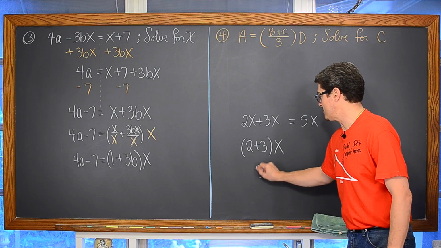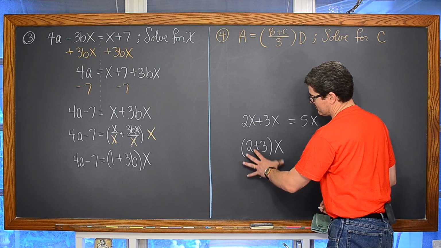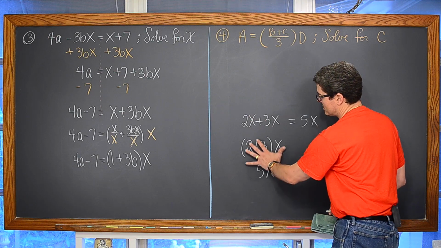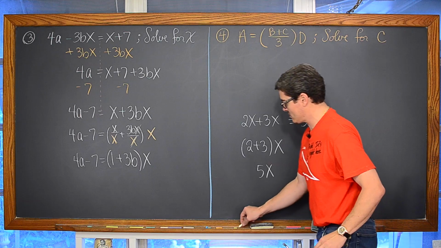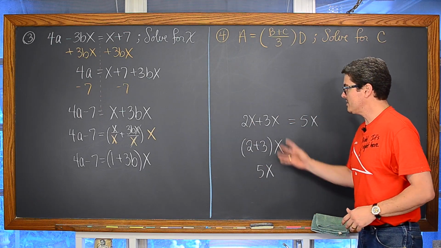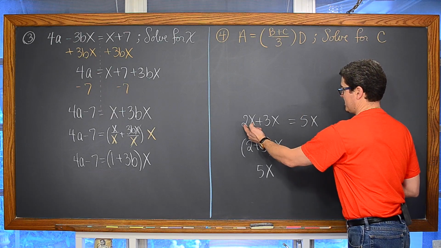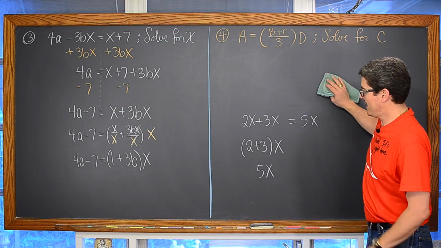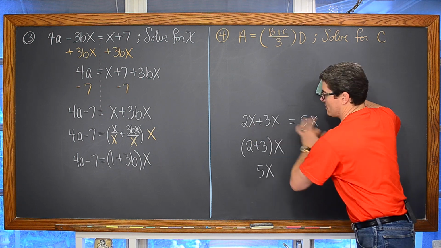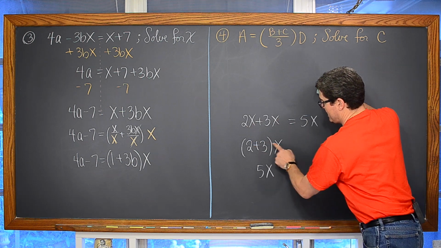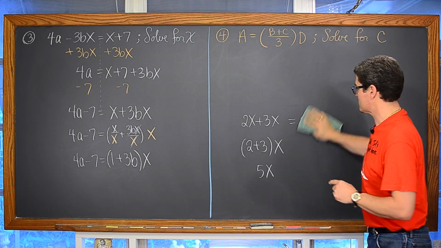Well, that's where the 5 comes from, of course, and we get an answer of 5x. So textbooks, at least many that I've seen, will show the addition or subtraction of like terms through this undistributive or factoring process to show you why or how simply 2 plus 3 gives you 5. And you can see here with this simpler example, I have two terms that both have an x, and when I rewrite it, I've got the 2 plus 3 left in the parentheses, and I'm only writing the x once.